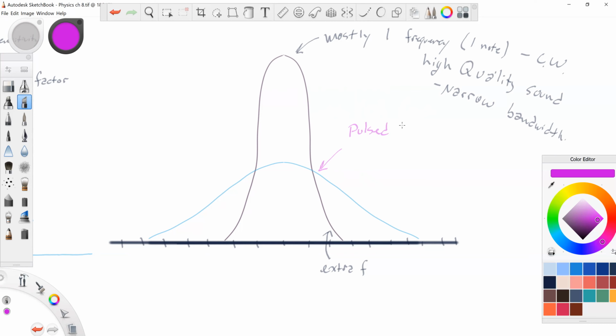Pulsed, I'll add imaging transducers. Many frequencies. So even though we say we're imaging at, let's say, 5 megahertz,